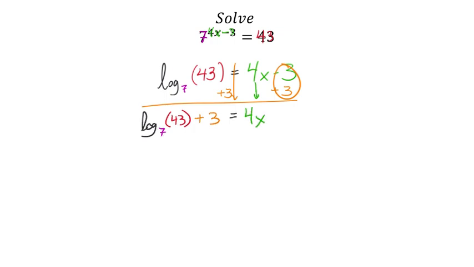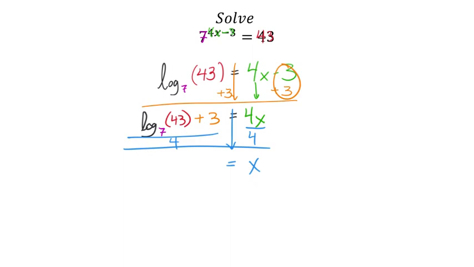So if you had evaluated this log base 7 of 43, maybe you have a value that you can add to 3, and that would be fine. But again, I'm keeping them separated because I don't want to round and I don't want to write the decimal out, because it should be pretty ugly. The last thing I need to do here is I need to get rid of that 4, or just make it a 1, phantom 1. So I'm going to divide the right side by 4, but if I do it to one side, I've got to do the other side. That means I've got to do the whole side by 4. Okay, so this is going to give me a phantom 1x equals